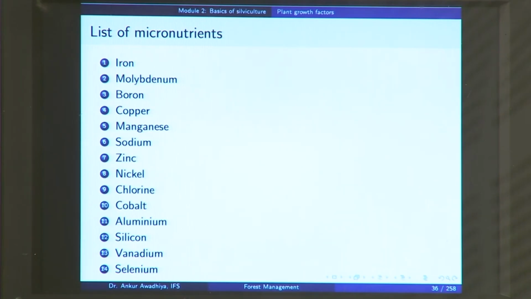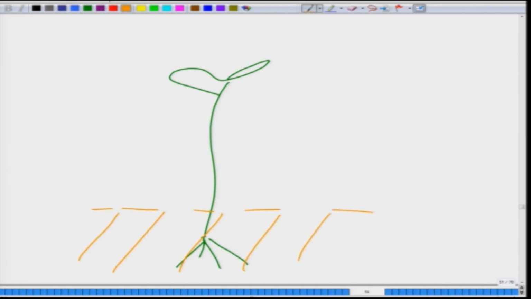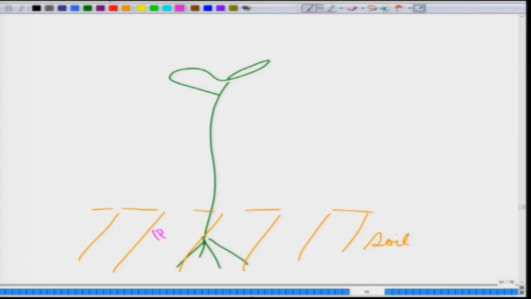Now, if we talk about plants, they are getting these nutrients from either air or water and primarily from the soil. But then if you talk about a plant, so here we have a plant, it has its roots and this portion is within the soil. Now, let us consider a situation in which this plant got some nutrients. Let us say that it got phosphorus from the soil. So, we are having phosphorus that is moving from the soil into the plant,